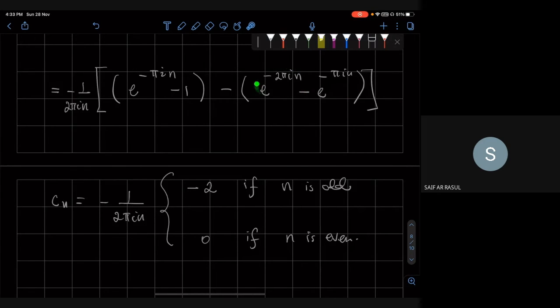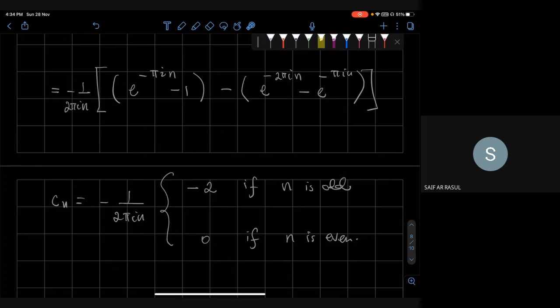But this is always +1. So, whether n is 0 or 1, even or odd, this is always +1. So when n is odd, we get a -2 here, we get 0 here, and we get +1 here. And the +1 -2 gives me, sorry, +1 -2 gives me